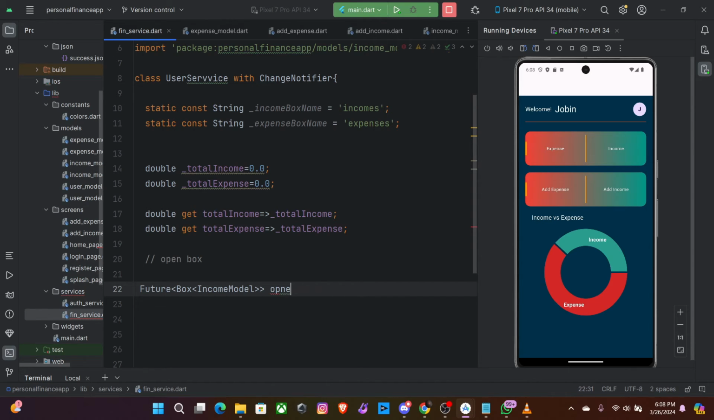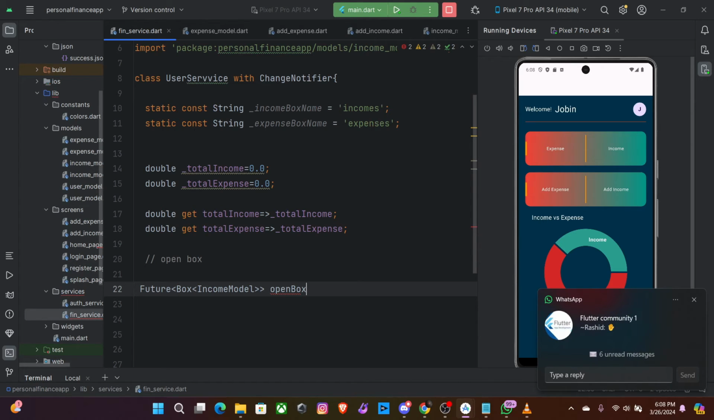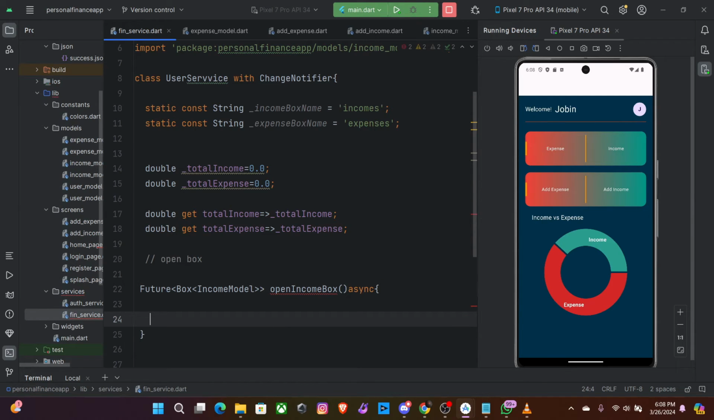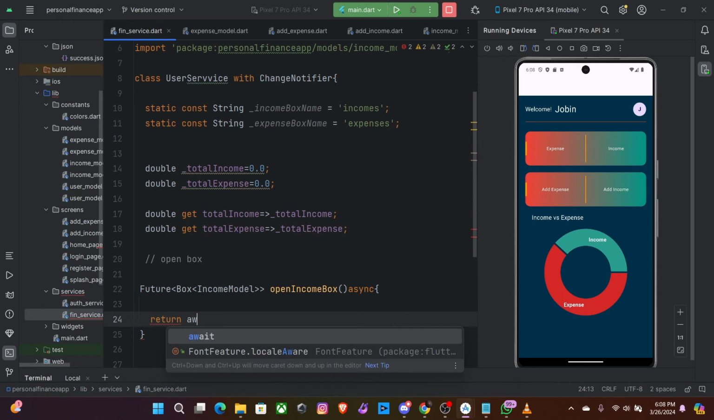I'm not going to use that underscore here because we need to access that box from inside our main.dart. You need to open that box inside our main dart. Okay, I'm going to have open box, open, this is for income box. This is an async operation, and when you open a box, you need to return await